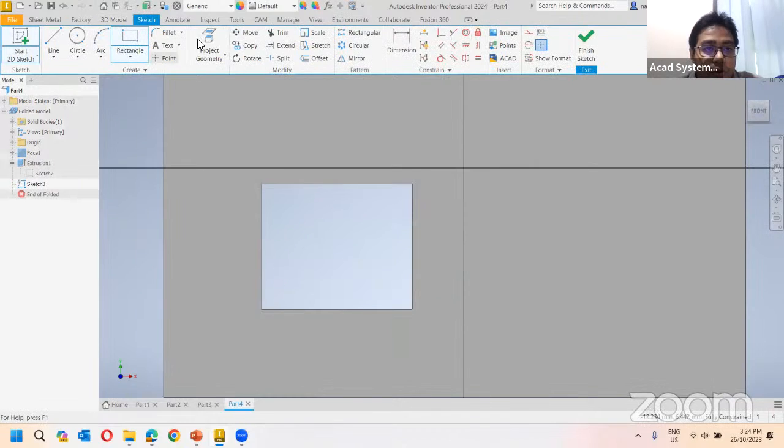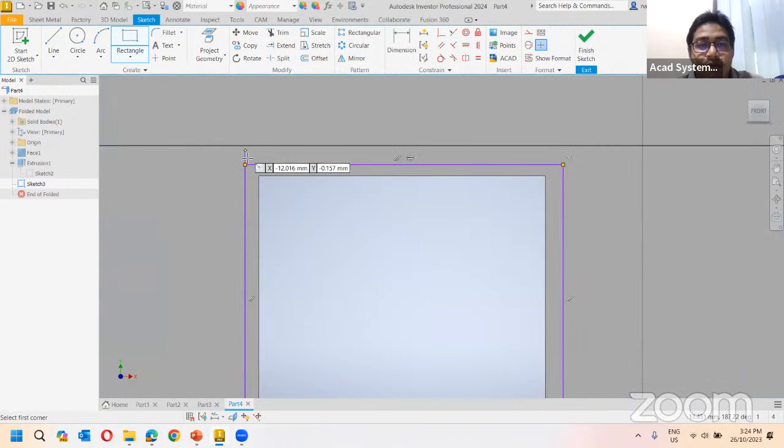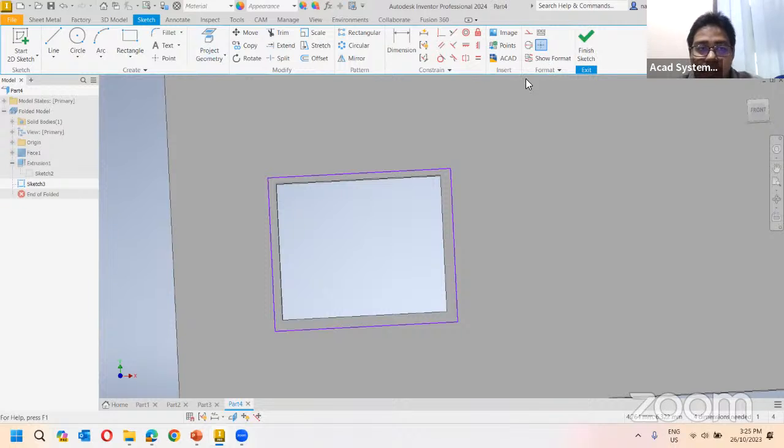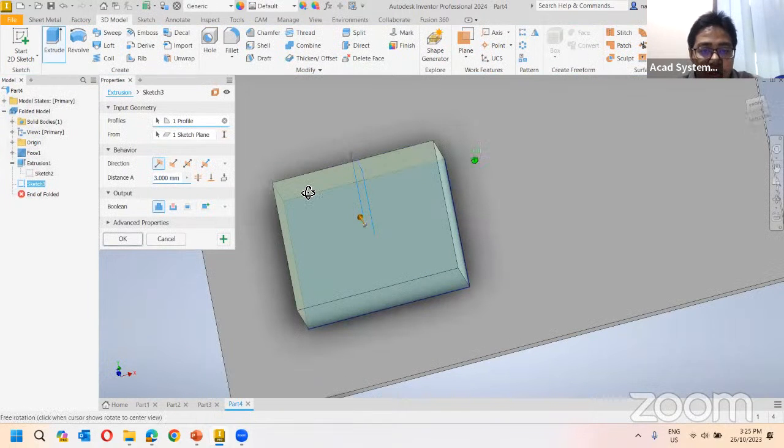Now, if your features here fail to create, most likely it is because you haven't put the project geometry. Again, you need to have a project geometry in order for this to work. So without the project geometry, if I click finish and I were to extrude this,